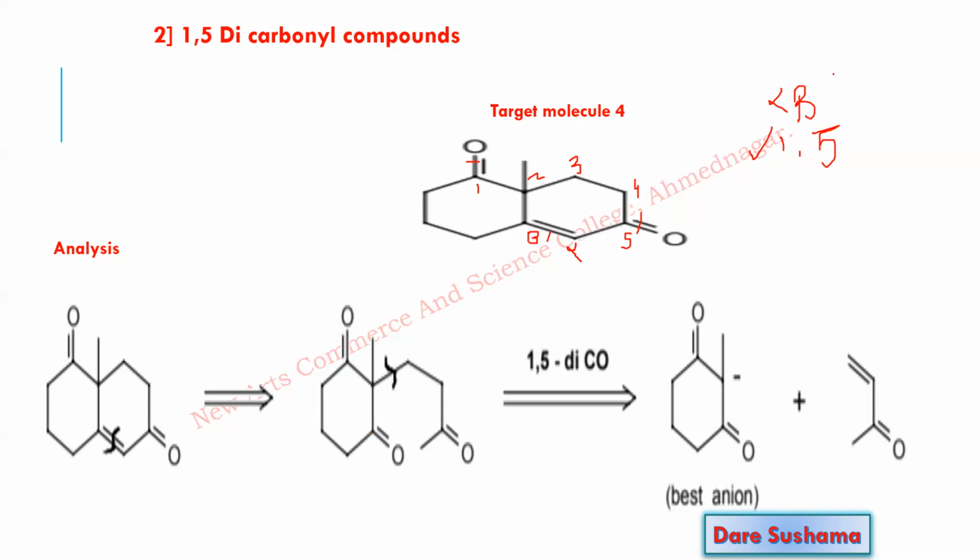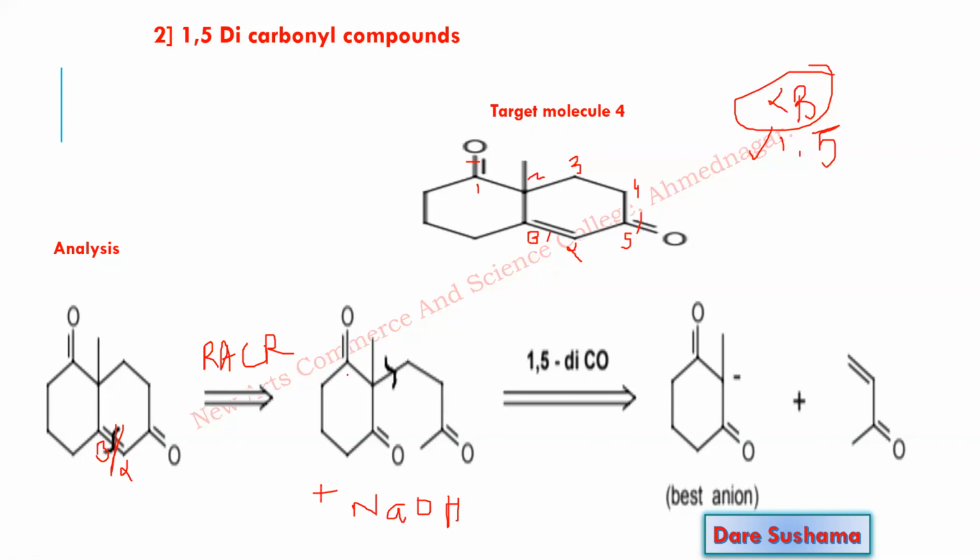First you disconnect the alpha beta unsaturated carbonyl compound. Alpha beta unsaturated carbonyl compound means which reaction you have to follow? It's a retro-aldol condensation reaction, right? So what is aldol condensation reaction? You disconnect this bond, and at the alpha carbon just simply write down the hydrogen, that is CH3, and at the beta carbon just simply write down the carbonyl group, that is here. Now after this aldol condensation, which base you need? Here NaOH. So these are the reverse of the target molecule.